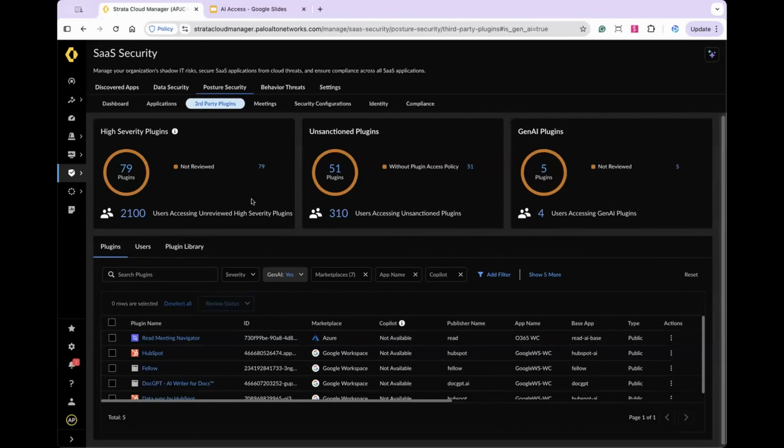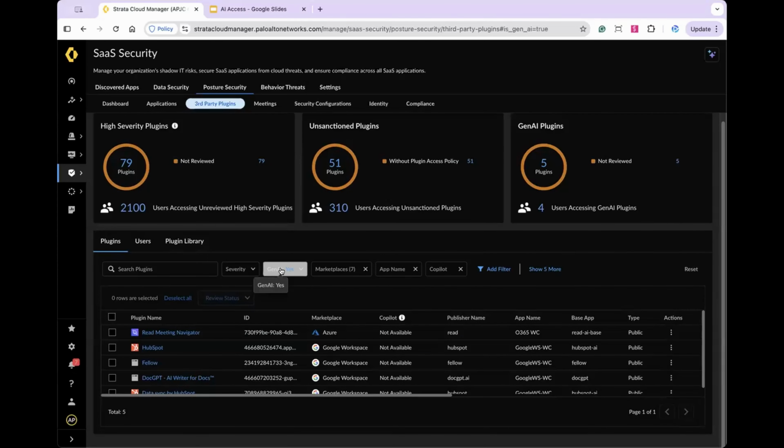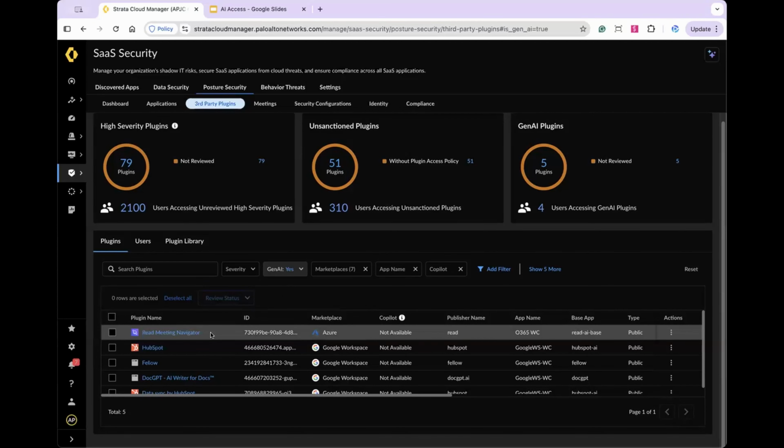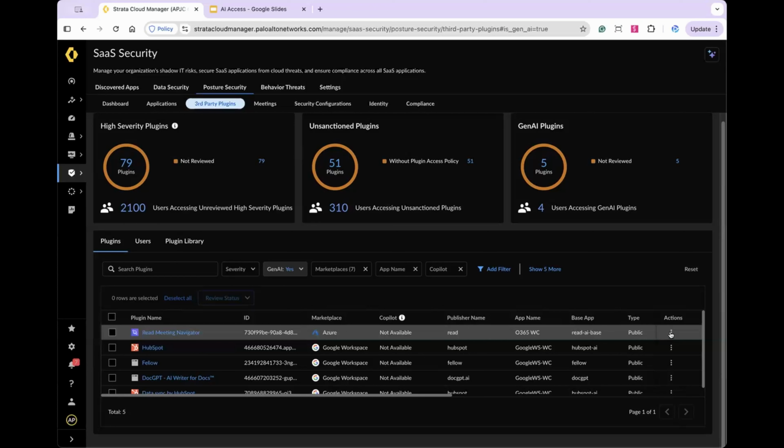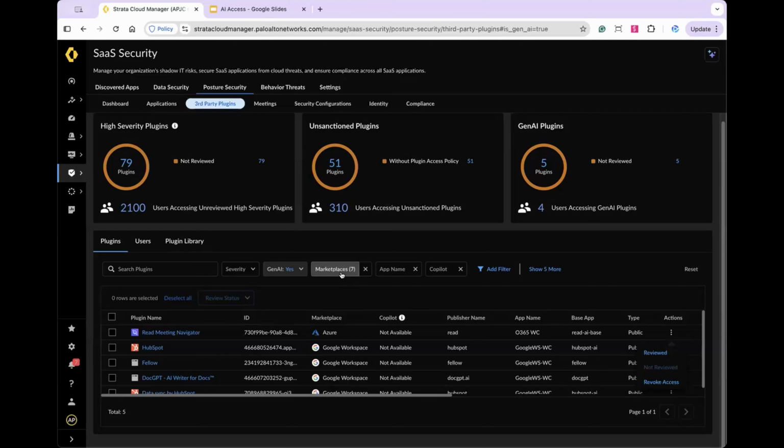As you can see, there are 79 plugins, but we have filtered on the GenAI application. This is for the Azure. We support 7 marketplaces. If you bring it here, you can either review or revoke the access. The revoke access is only supported for 2 marketplaces, Azure and Google. If you drop it down, you can filter based on any marketplace, basically out of these 7 marketplaces. If you have not reviewed, you can see the list